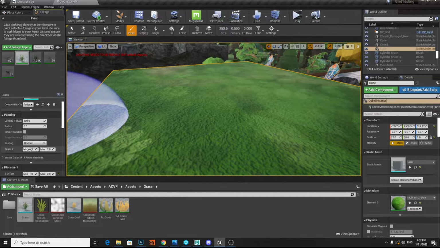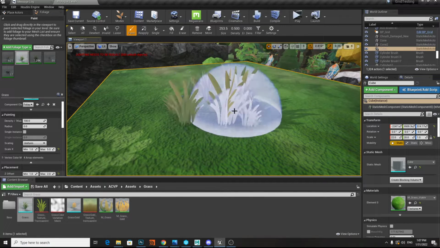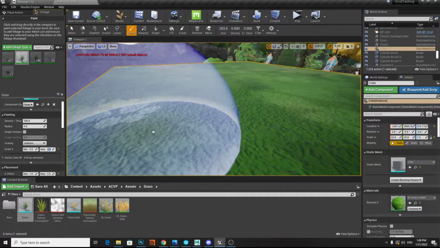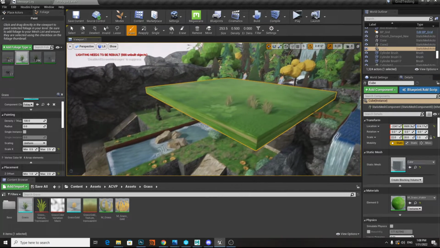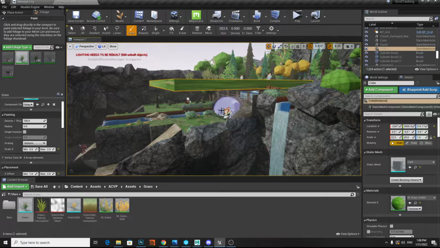which is the scale X parameter. So in order to have a little bit of variety in terms of the scale of the grass, we have to adjust the minimum and the maximum values. So let's put it to 1 and let's say 5 and see how it goes. Yeah, 5 is too much, so let's do the minimum of 0.5 and let's say 2.5. And it's kind of like a trial and error thing, and then yeah, it's also good to have something in comparison like the sprite of